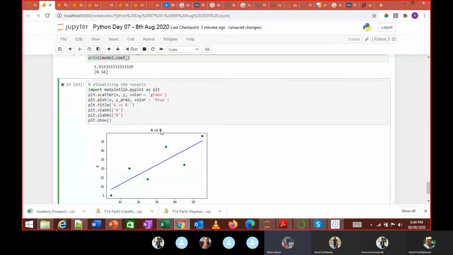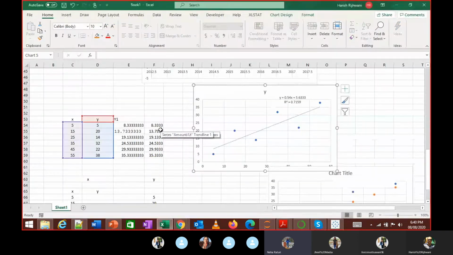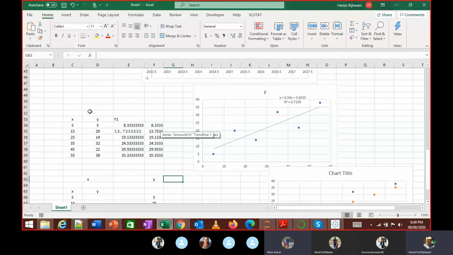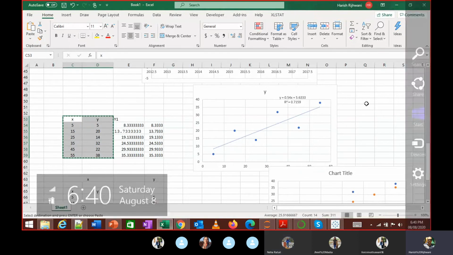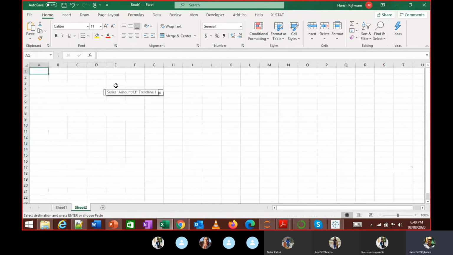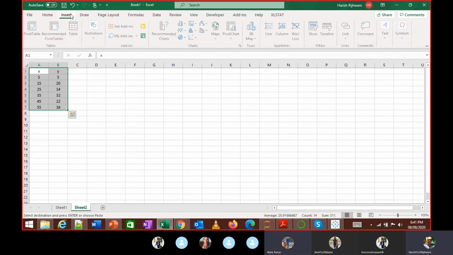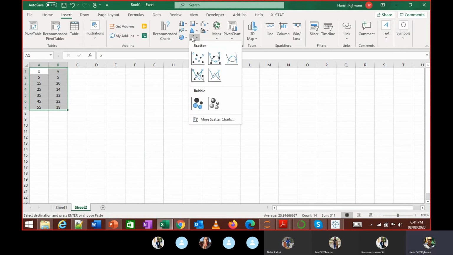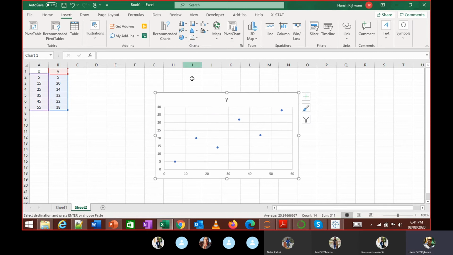Excuse me, sir. Can you please explain this part in Excel once more, sir, before the visualization part? All right. So let me just take this data. You understood what is linear regression, right? Yes, sir. Right. So what I have done, I have taken these two lines.